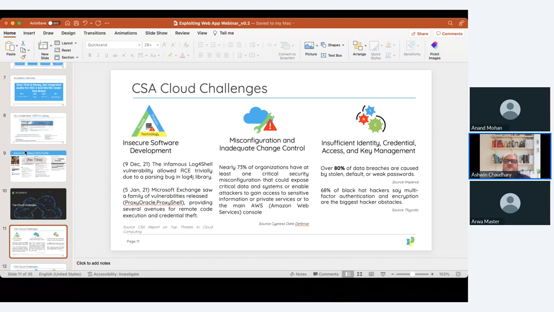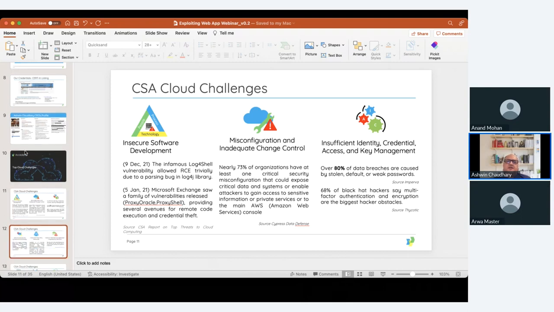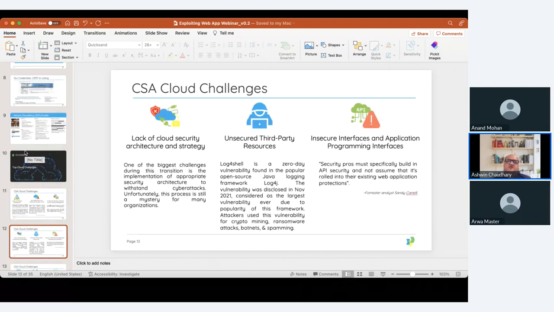We have misconfiguration and inadequate change control, which is another major reason for all the data breaches that we see. We have insufficient identity access and key management issues. We have lack of cloud security architecture and strategy. We have unsecured third party resources, such as cloud supply chain. I just mentioned is one of the reasons that